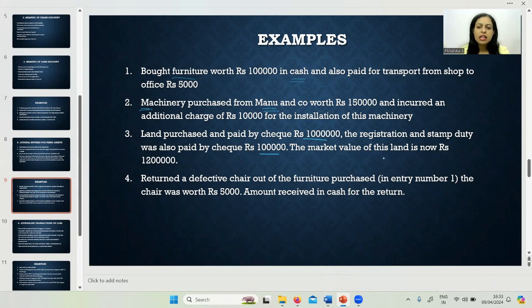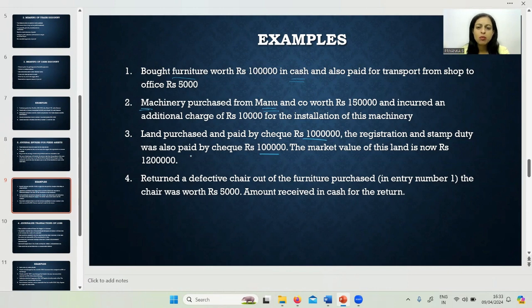Market value of the land is now rupees 12 lakhs. Does this even matter? No. Assets are recorded at cost price. Very clearly, cost concept of accounting says assets are recorded at cost. So this particular amount of 12 lakhs does not have any value in this transaction. What is the value that we need to consider? We need to consider this 10 lakhs and we need to consider this 1 lakh rupees of stamp duty and